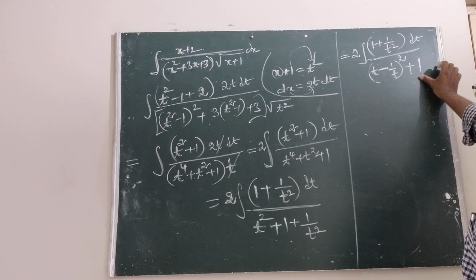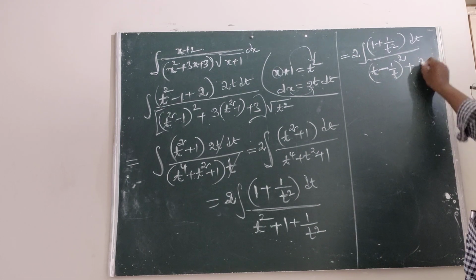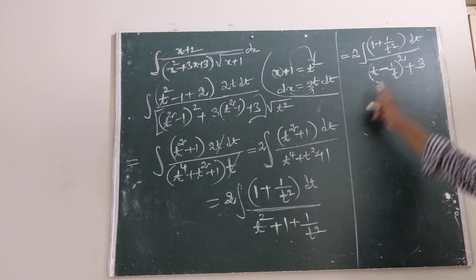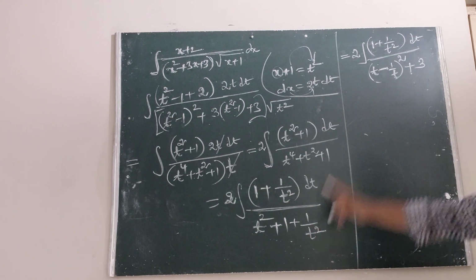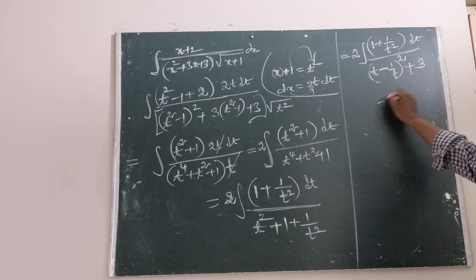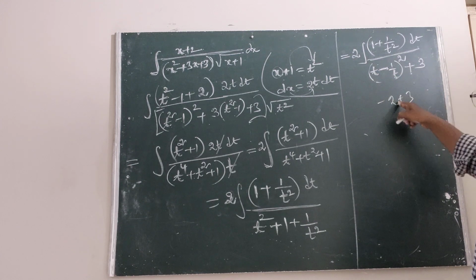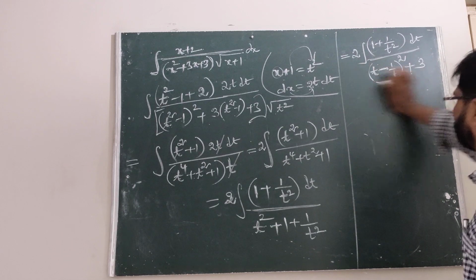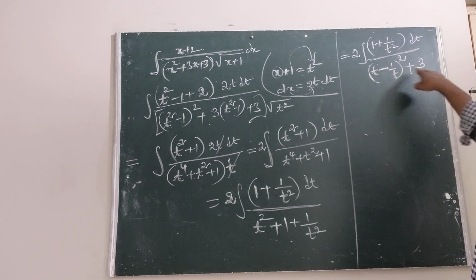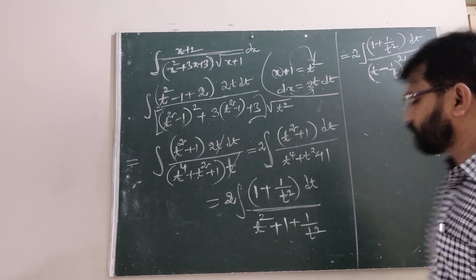Therefore in this case we can write here must be 3, because a square is t square, b square is 1 by t square. Now we are getting this is the minus 2ab, minus 2 plus 3, that is 1. When we expand this one, a minus b whole square, a square plus b square minus 2ab, that is minus 2 plus 3 is the plus 1.